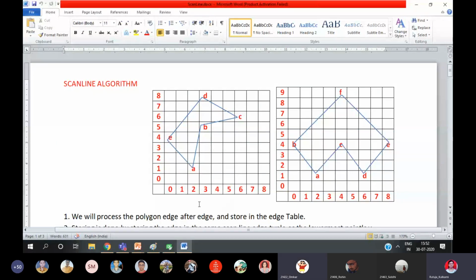Ma'am, we have to draw that grid as well. 1, 2, 3, 4. That one. Yeah, because we are plotting the pixels, right? Plotting the pixels. So these are the pixels basically. A is a pixel, E is a pixel, and we are going to fill the pixels itself. So draw the grid. According to the grid, you draw it better.